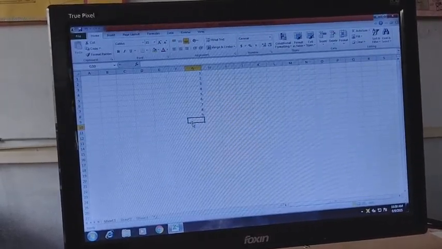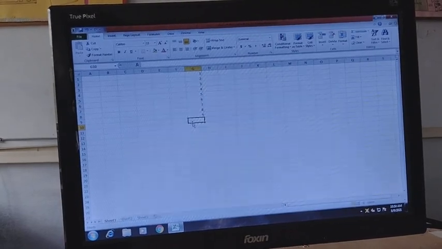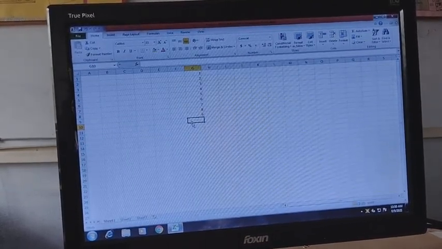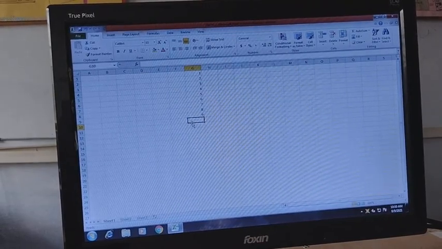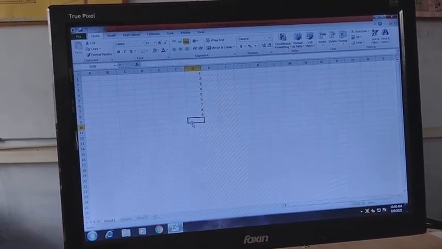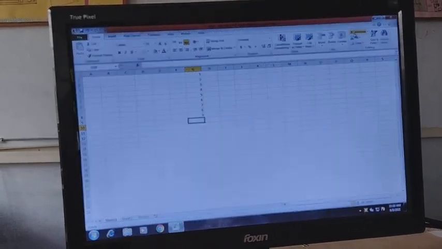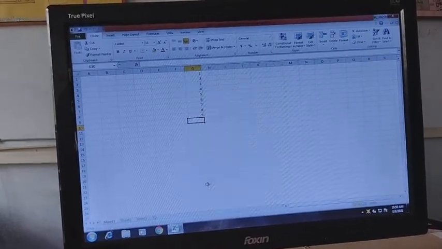like sum. The first function in your course is the sum function. To get the sum, I have already told you that you can use the auto sum feature from here. You can also use the sum function.